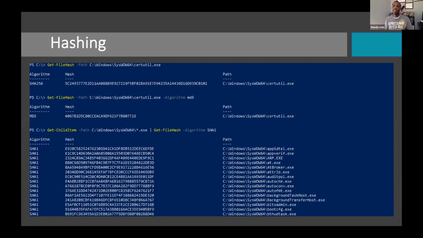Now, when it comes to doing more than one file, we have a couple options. One way we can do it is get a listing of the directory, and then pipe it to the next command. As you recall, I talked about PowerShell being object oriented. So when we get a listing of our directory, those are objects. And when we utilize pipe, we're sending all those objects to another command for them to do something with. In that case, we're able to get a directory of files and return hashes against them.